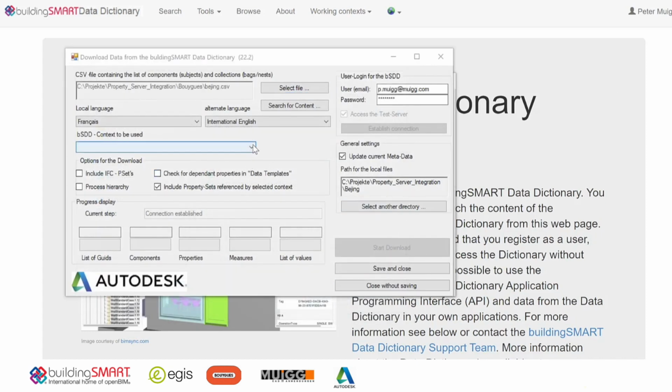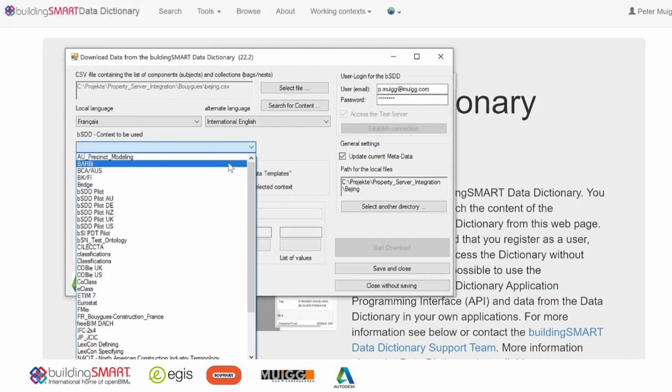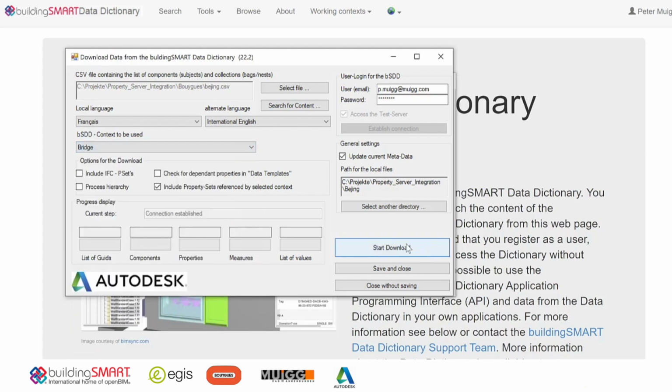Before starting the download, I also need to select the context to be used for the download. The context is a very powerful feature of the bSDD because it allows to use components and properties in different configurations. And the context I want to use for this download is a context called Bridge, which has been developed in France for bridge projects. So I select this context and I start the procedure, and this will download the 2 components, its properties, and